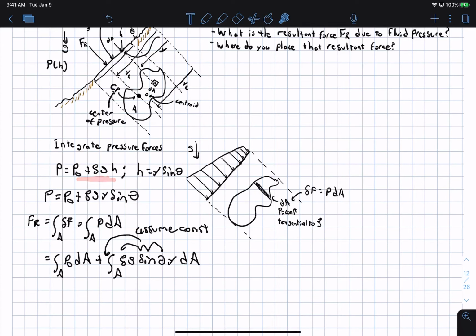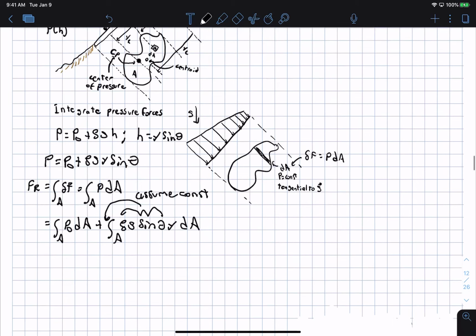pressure variation with depth. The results I'm going to show you in this section, we are assuming that rho and g are both constant. If they are not constant, then you basically will always have to integrate the distributed pressure load every single time. Okay? So, anyways, we substitute that in, and we can now pull these terms out of the integral because they're constant. Then this equals